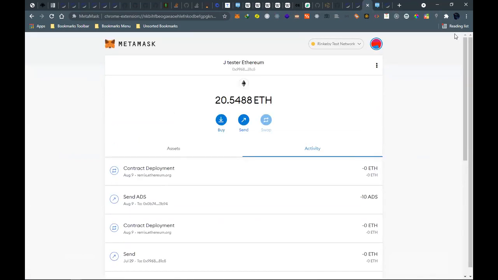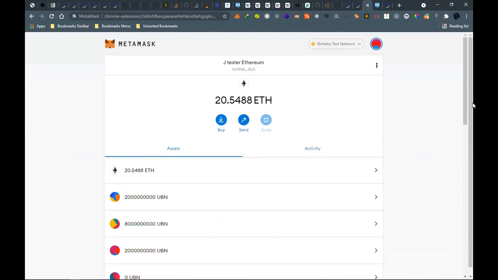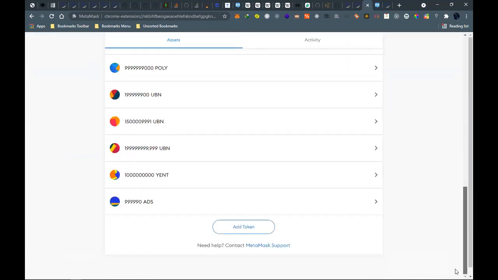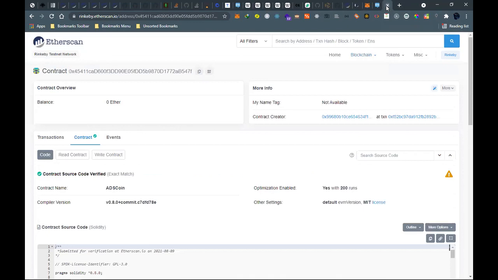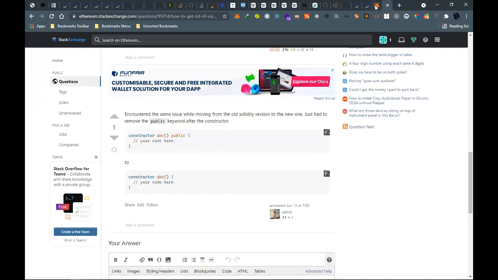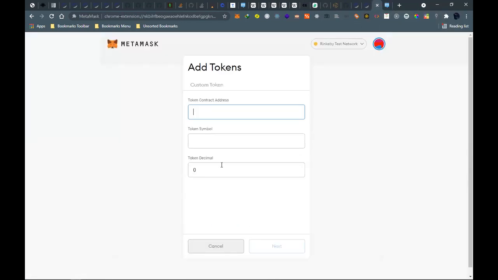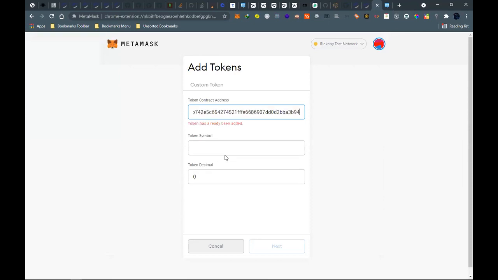So this one we have been able to verify. We can visit it, and then we can add the token here. Yes, okay, we have closed the long one.